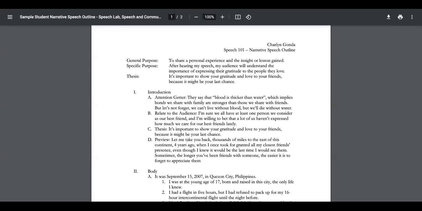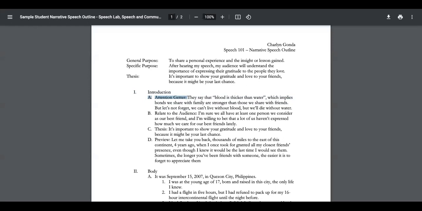Your thesis statement is one of the most important things here. Again, on the top, you don't have to write absolutely anything. You start from your introduction. So in your introduction, the first thing is your attention getter. Let's say you're writing a speech on personal experience, what will help you get the attention of your audience? How will you immediately try to make it personal? You can look at how they've said it.